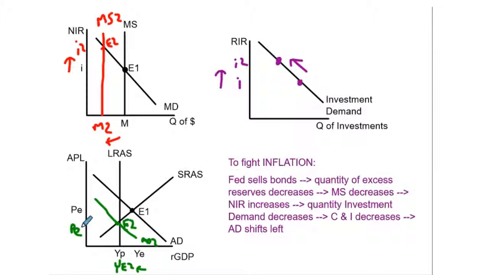So we can check to see that certain things are lining up. If money supply decreases, AD should decrease as well. Check. If your interest rates are increasing on one model, they should increase on the other model. Also true. And this contractionary monetary policy did get us out of the inflationary gap. Now we're back to our potential.